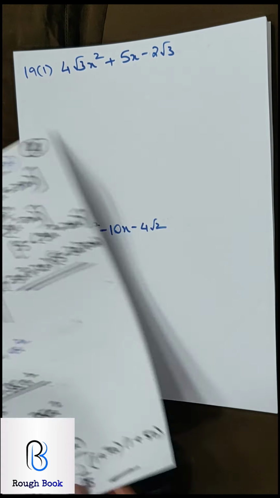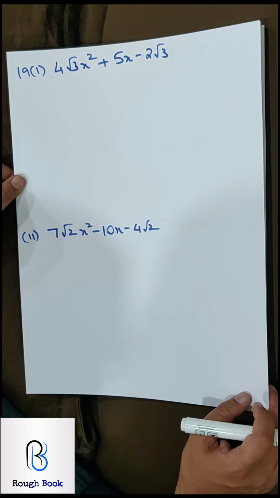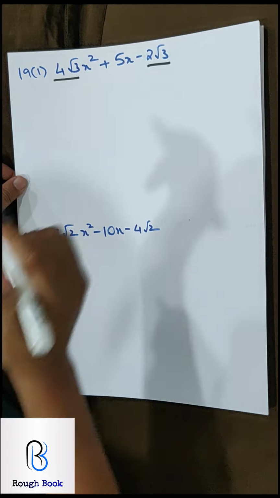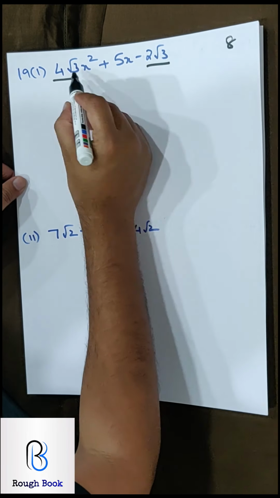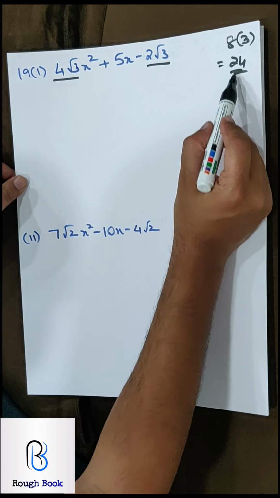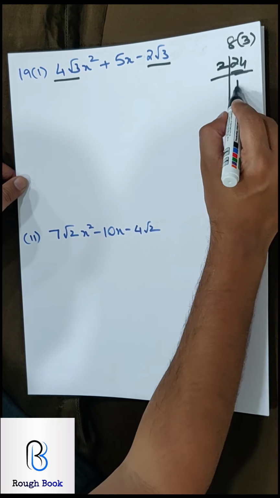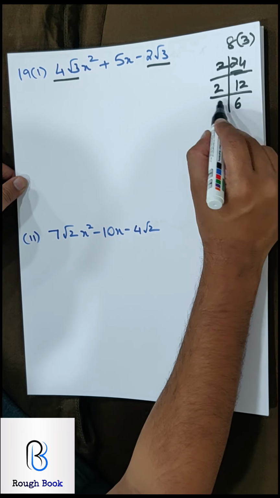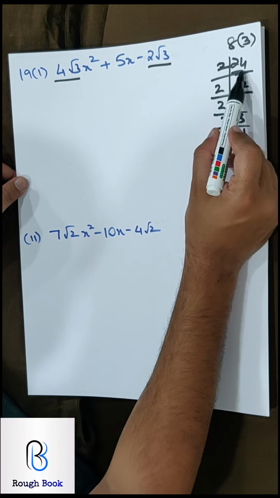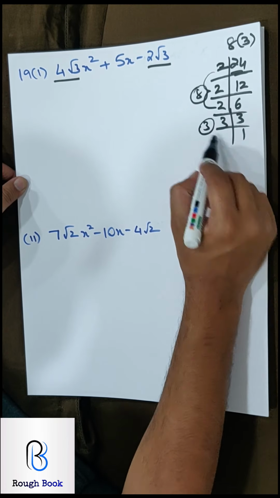Let's go to the next question, 19 part 1. This is slightly different, something new. New challenges. So we stick to the same basics, first term, last term. 4 2s are 8, root 3, 3. So 8 3s are 24. Factors of 24 to get 5. Wow. So 2 times 12, 2 times 6, 3, 1. I know already 24 is 8 and 3 straight away, but still I factorize for those who are not getting it. So 8 and 3.